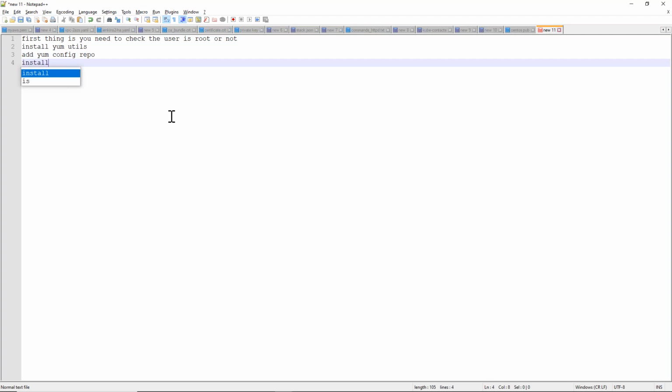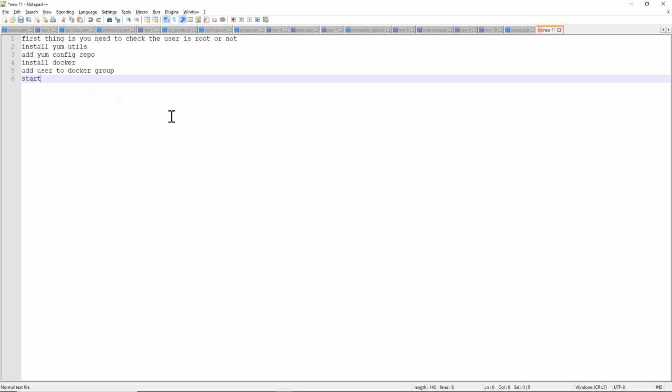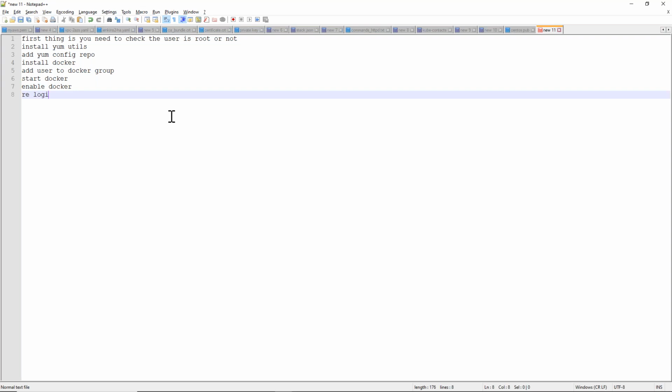Next, install Docker and add user to Docker group, and then start Docker, enable Docker, and then re-login. So these are the instructions we are going to write the shell script. Because we now ran 3-4 commands, we don't want to run every time. So that's why we'll write a simple script. So whenever you want to install Docker, just run the script. It will be very easy.